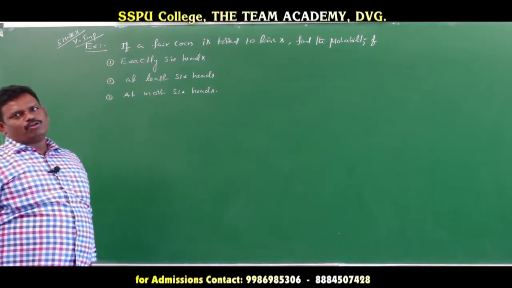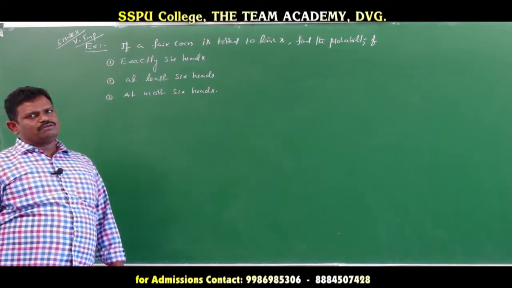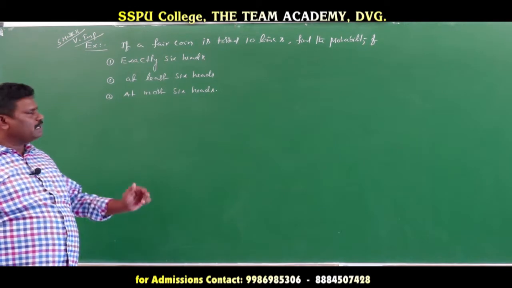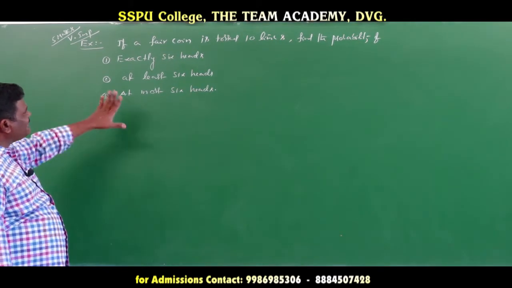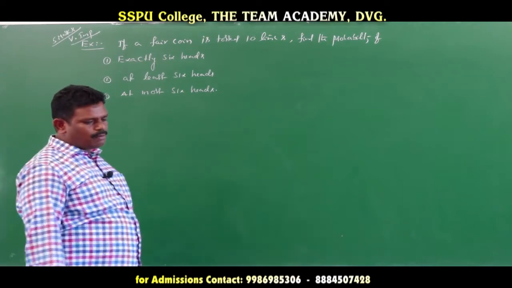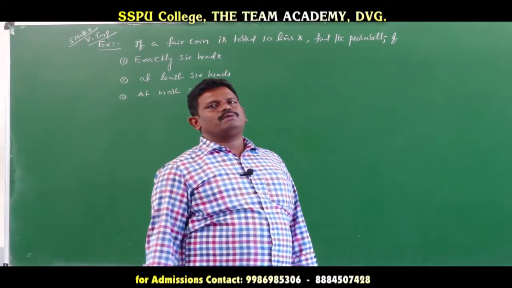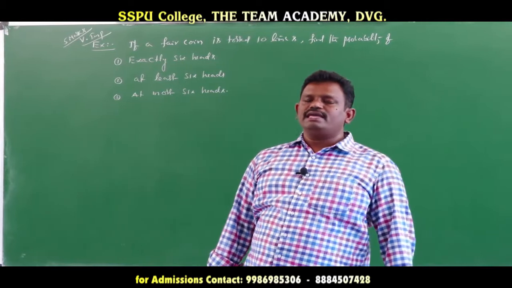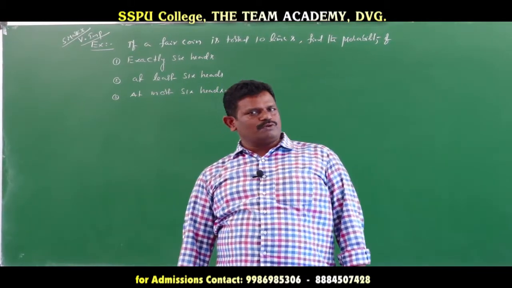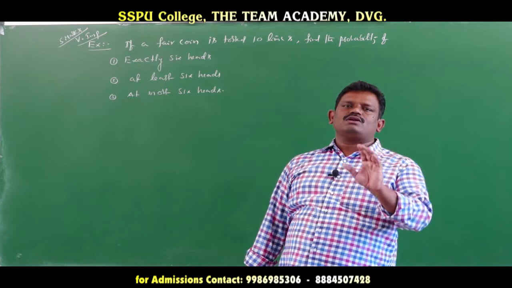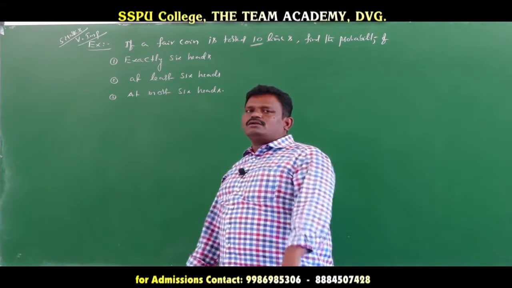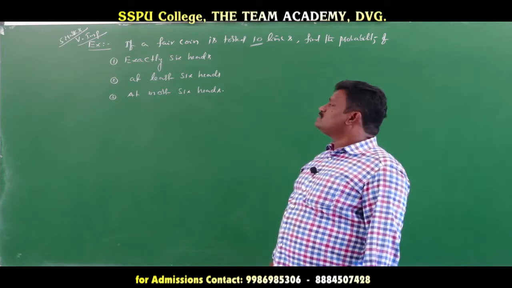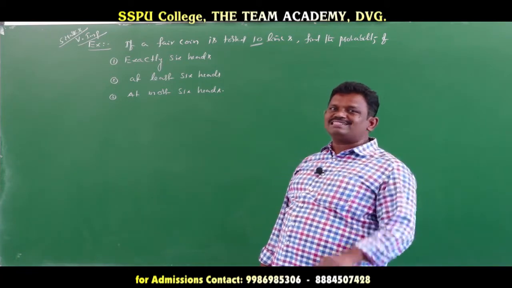Now binomial distribution problems, a very important example question. If a coin is tossed 10 times, find the probability of 3 cases. The probability distribution formula is probability of x equal to small x is nCx into p power x into q power n minus x. Here n is the number of trials, meaning how many times the fair coin is tossed: 10 times. So n is equal to 10.